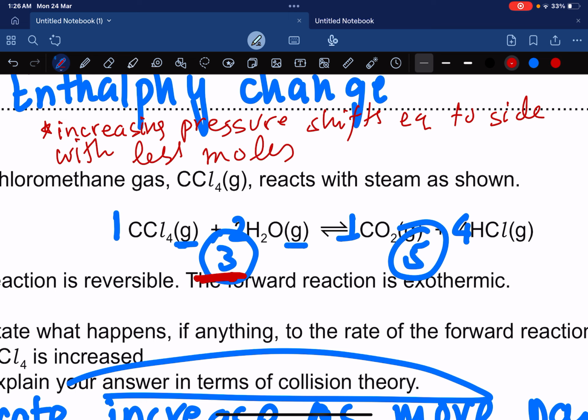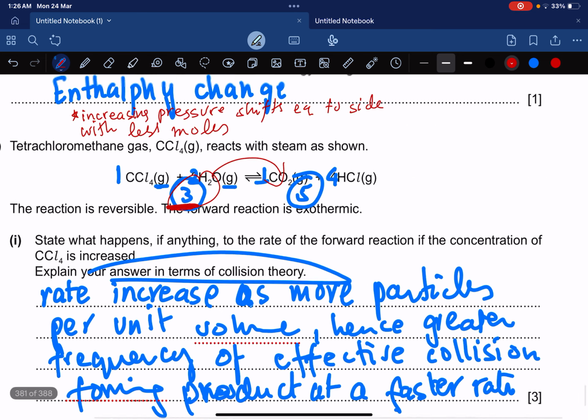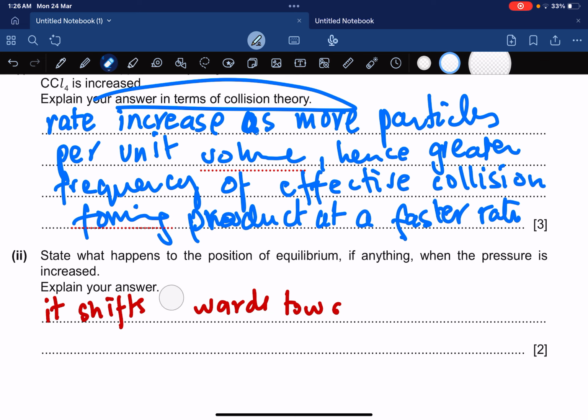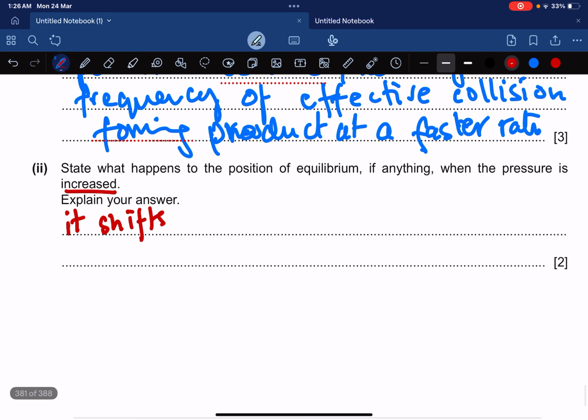If you decrease the pressure, it shifts the equilibrium towards the side with more moles. Now the pressure is increasing, so it will shift forward. Sorry, it will be backward, towards fewer moles. I'm so sorry, it's backwards towards the reactant side, not forward. Pressure increased, so it goes backward, where we have fewer moles. When pressure increases it goes to the side with fewer moles, and when it decreases it goes to the side with more moles. So it shifts backwards towards the reactant side